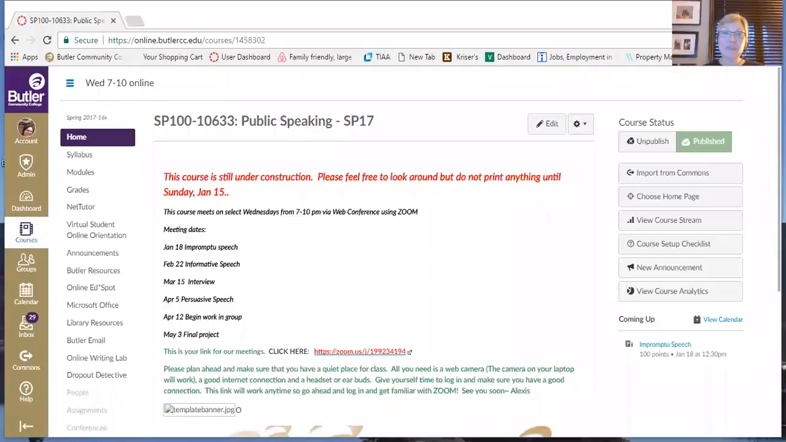I'm going to use this time to walk you through how to use Zoom as well as how to navigate Canvas. So I'm going to begin by initiating screen sharing, which is something that we can do in Zoom. And take you to this course. There we go. All right, you should be looking at sp100 CRN